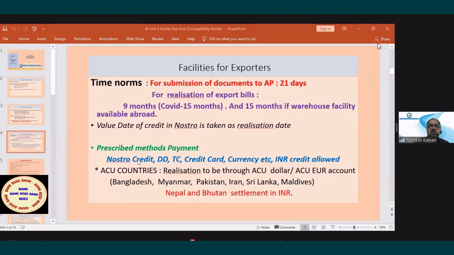So that is easy to operate. In ACU countries, you know these are the ACU countries. Here ACU dollar is not a separate dollar. This is the US dollar only. And also ACU euro is the normal European euro only, the euro currency. Only for the RBI to